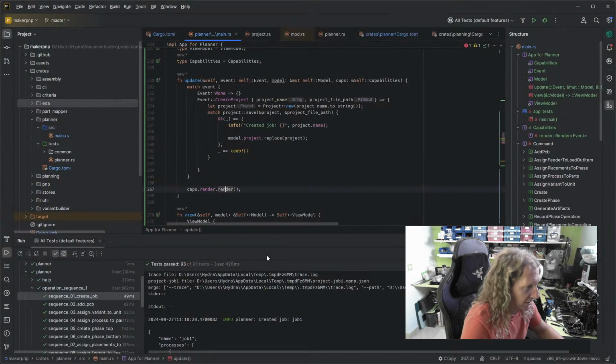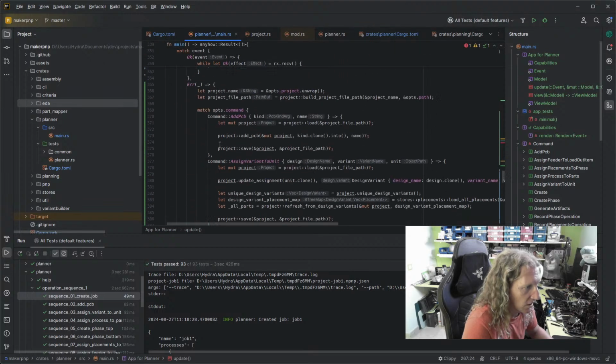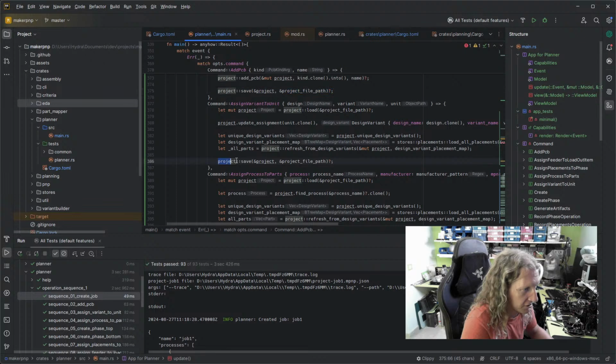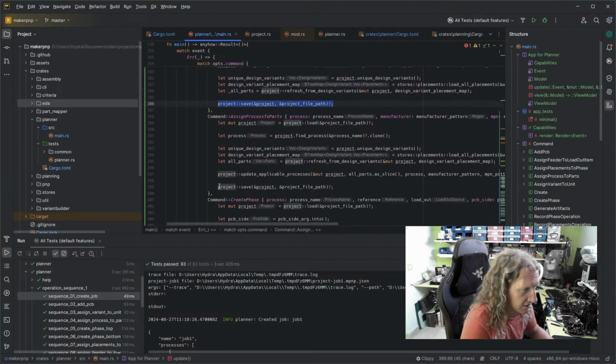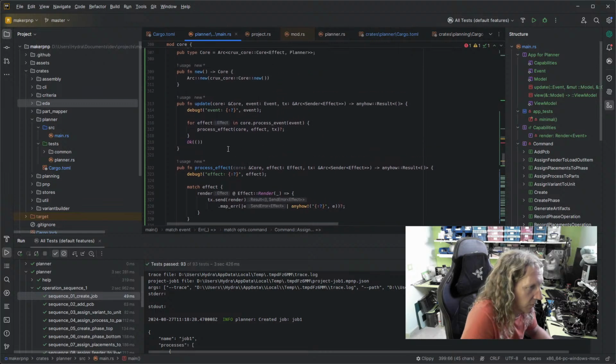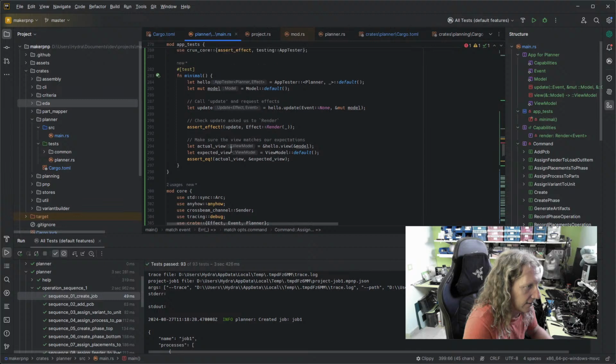Let's have a think about that, because lots of these things basically have project save and a question mark at the end, right? Project save and a question mark at the end, which is all repeated code. So if we said, ignoring this error handling for the moment,